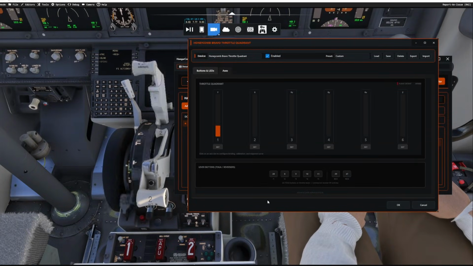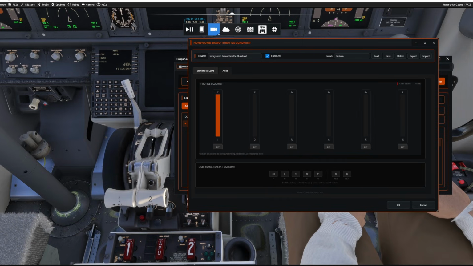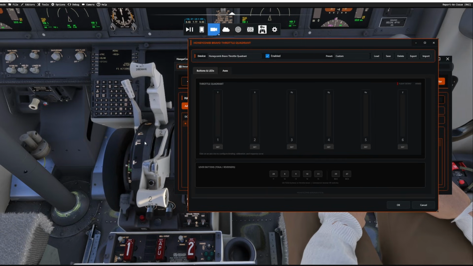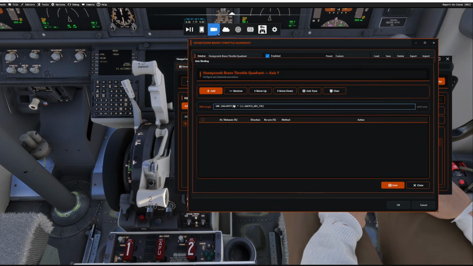All right, so now after we save that, we move our throttle forward. Great. So now we're getting the full range of motion, but now we're still only getting the axis in the wrong direction. So now let's fix that last piece. So to fix that last piece, we're going to come right in here. We're going to add a space, make sure there's a space between everything, and we're just going to simply add